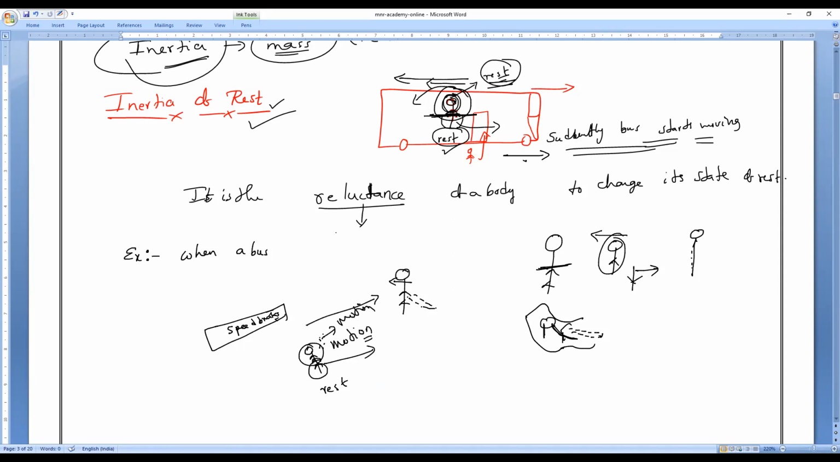Understand? Yes, sir. Yeah, that is what. So inertia of rest and inertia of motion. How many of you understand? Everybody clear everything? So write it. Example: when a bus starts suddenly,